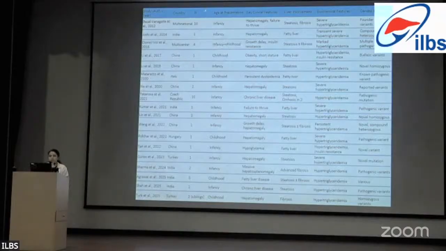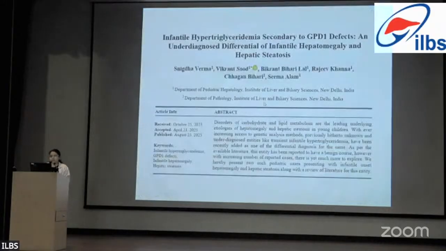So these patients have been described from 2012. Multiple case series have been written. Around 8 patients have been reported from the Indian subcontinent. Most of these patients had their presentation in infancy, with the predominant features being hepatomegaly and fatty liver, along with dyslipidemia. Few patients in case series have had other features such as failure to thrive, short stature, insulin resistance, and kidney involvement in one of the case series. So 2 of these cases have previously been reported from our center as well.